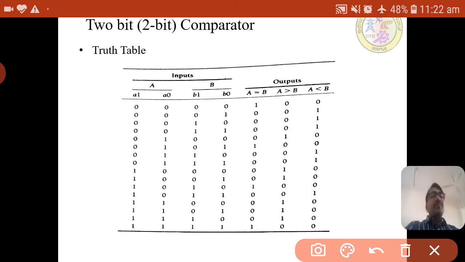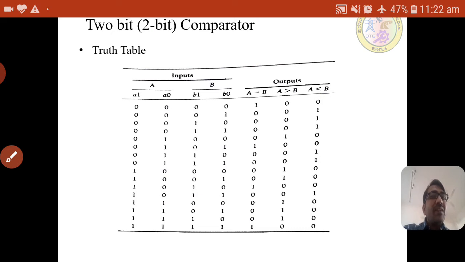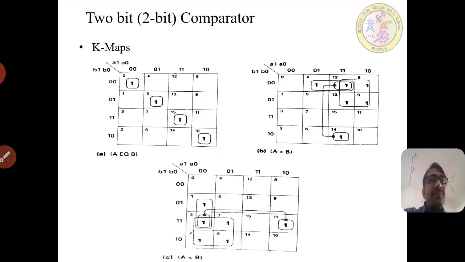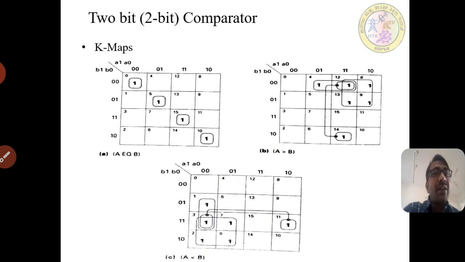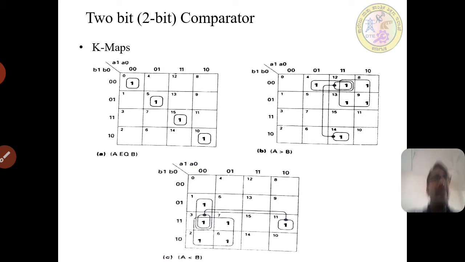So without K-map we can write directly also, but it will take more variables or more expressions, more min terms. To avoid that, to reduce the min terms, we need to use different techniques like K-map or Quine-McCluskey. Based on the input variables, we'll use that. Here we'll use the K-map, as it is only 2 variables. If you consider the binary values, A is 2 bits, B is 2 bits, so it is totally 4 bits here.